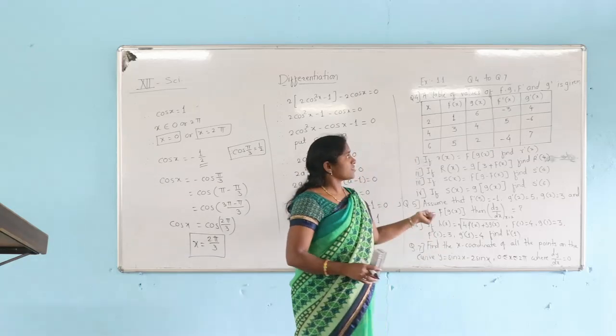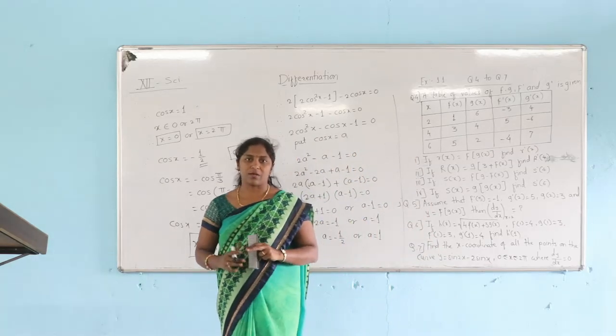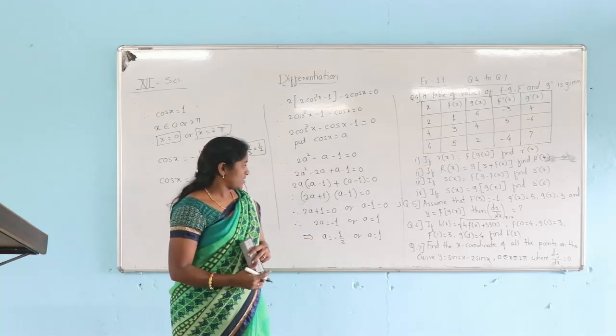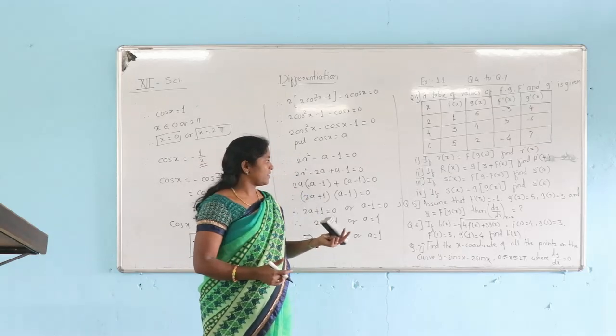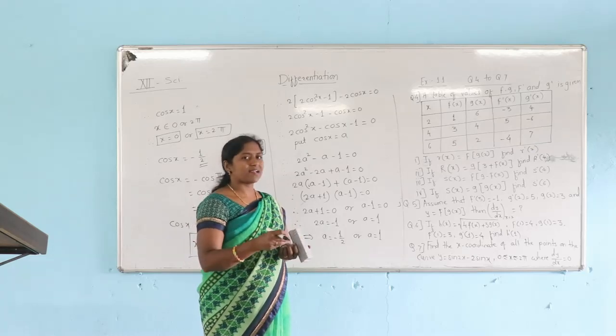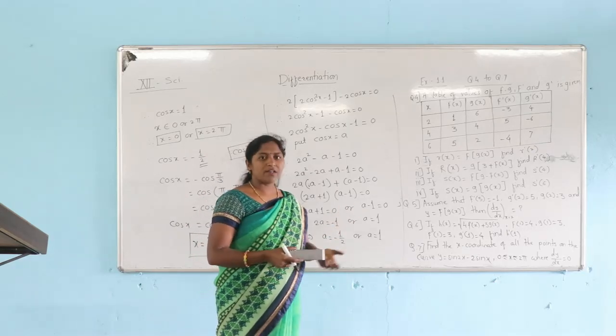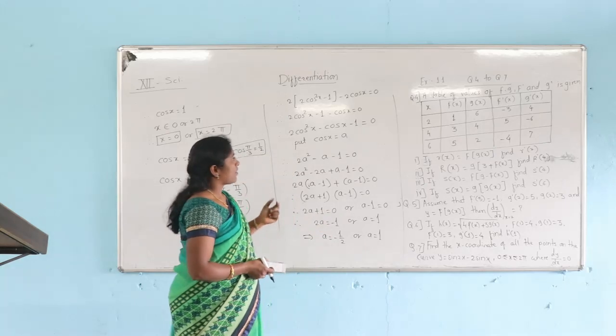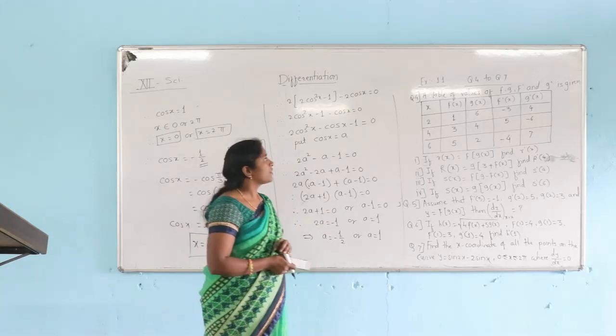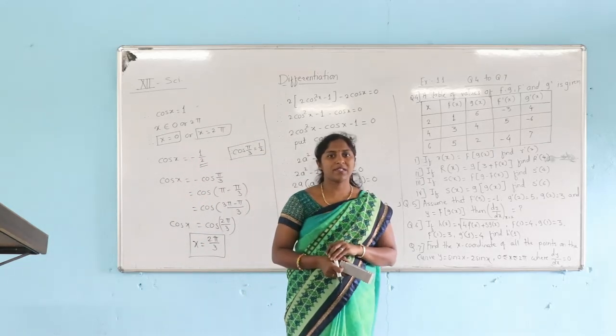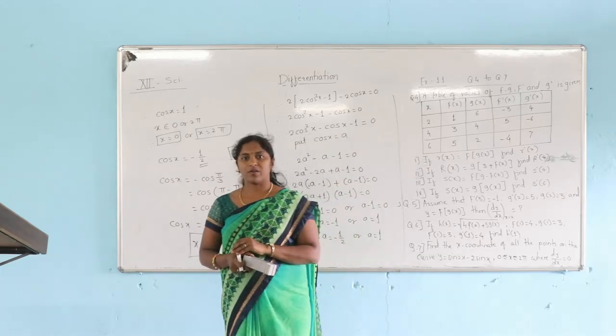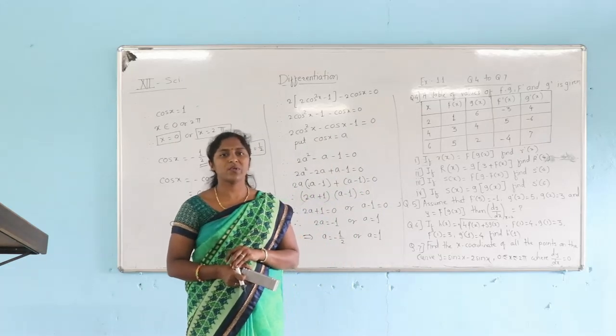These are the questions from question number 4 to question number 7. The last question, question number 8, is an activity where fill in the blanks are given. You may solve it easily. In the next video, we will solve the examples of exercise 1.2, which is of inverse functions.